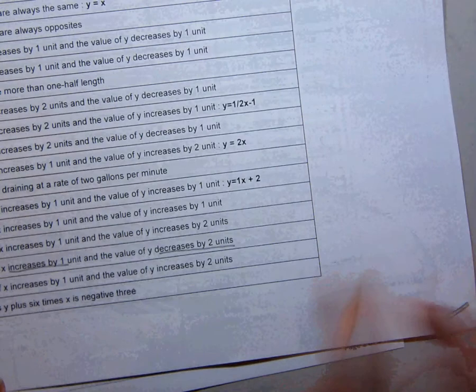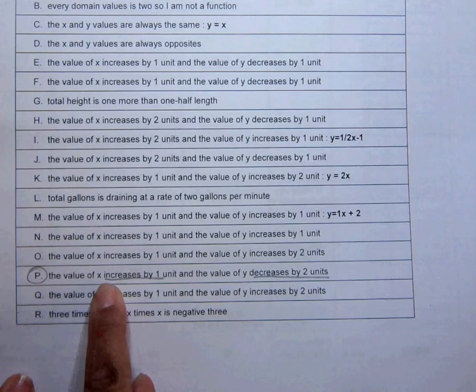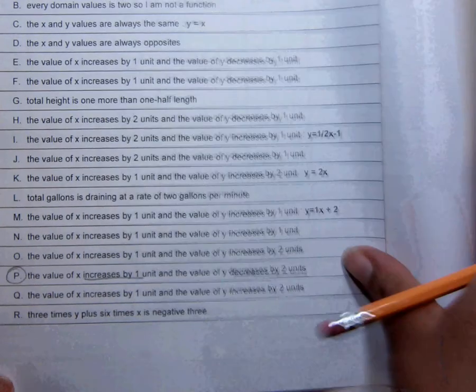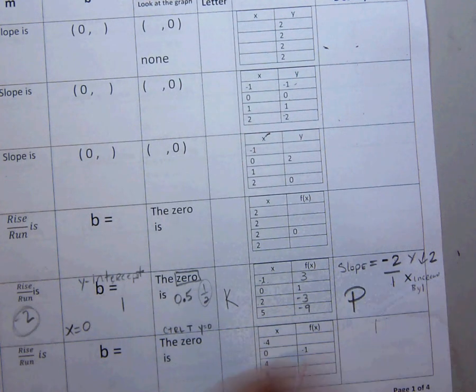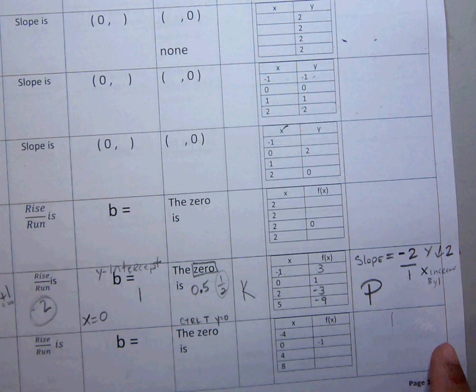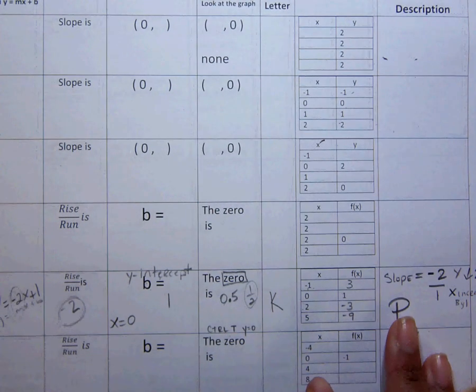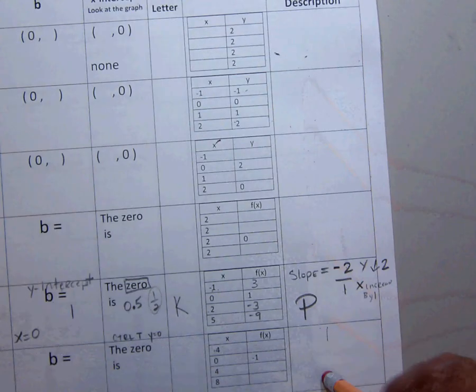And let me show you again. The y value decreases by 2. The x value increases by 1. So that would give us a negative 2 over 1. So P would be the answer. And that is what you have to do on your test. This column may have more than one answer,